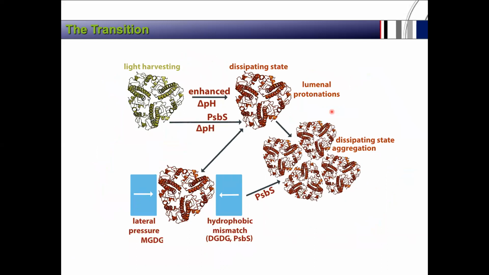Now, based on the literature and our findings, we have proposed a mechanism for this transition between the light harvesting and the dissipating states under normal pH gradient in the thylakoid membrane. Under normal pH gradient, and in the presence of PSBS, we have protonations at the luminal side of the trimer, and we induce the dissipating state, which leads to aggregation of the antenna proteins. However, under enhanced gradient pH conditions, we have also the dissipating state in the absence of PSBS, which leads also